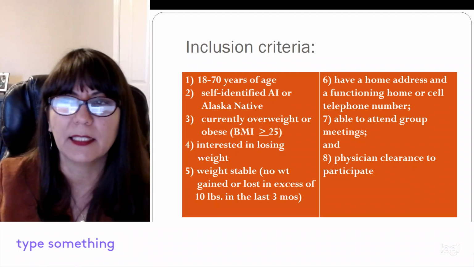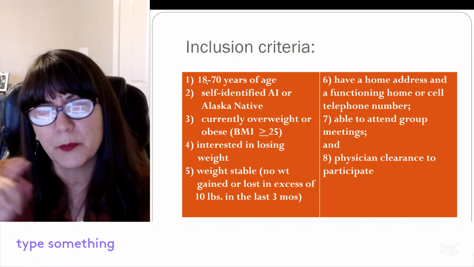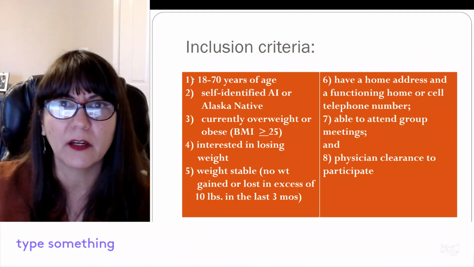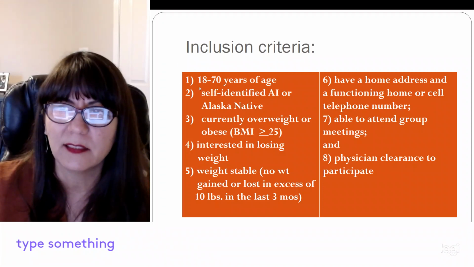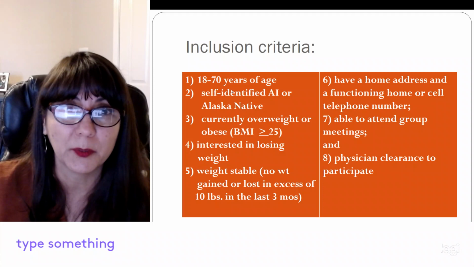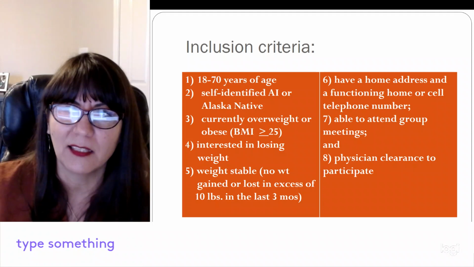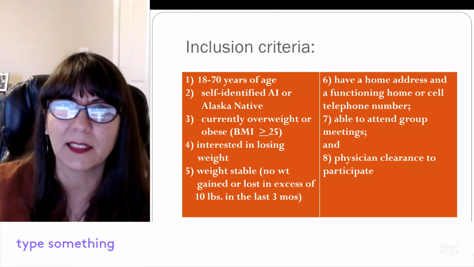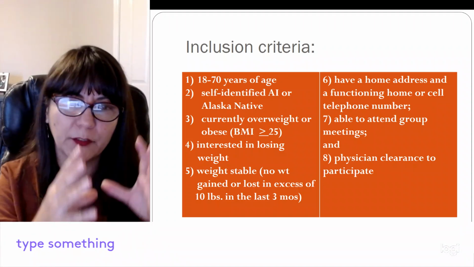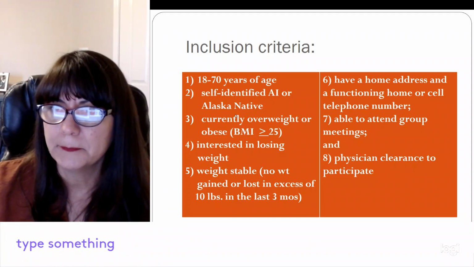So here are the inclusion criteria. And so I kind of wanted to highlight some things, and especially as you're thinking about your own interventions. I think the age range that they targeted was really wide, such that the way you would work with young adults might vary from how you would work with older adults. So they were working with folks 18 years of age to 70 years of age. And I think that makes it hard to tailor the program appropriately, because we're not only tailoring to one's culture, we're also tailoring to one's developmental stage, right? Or station in life.